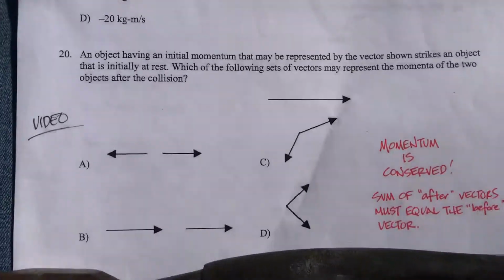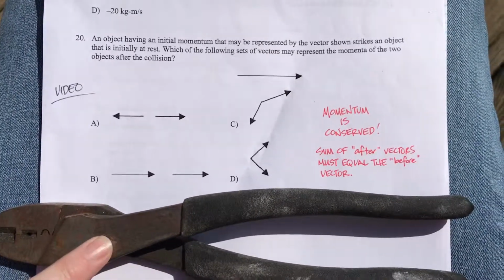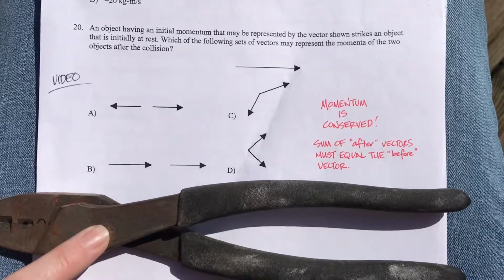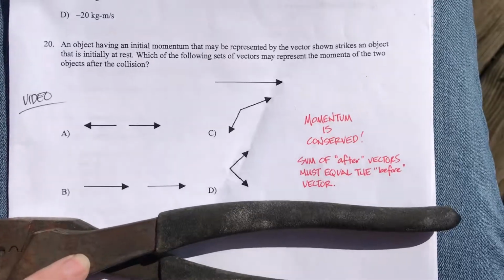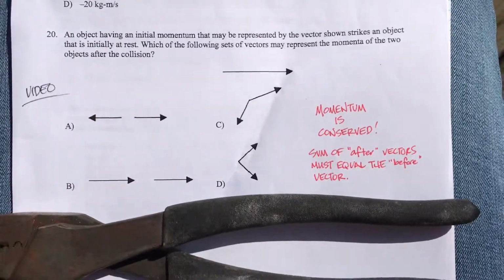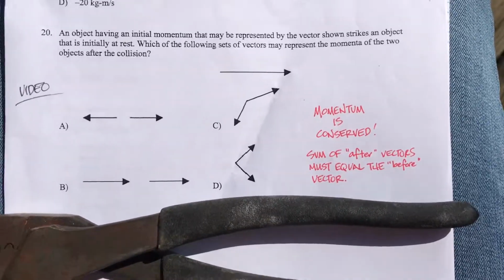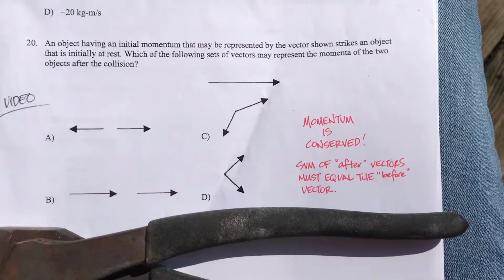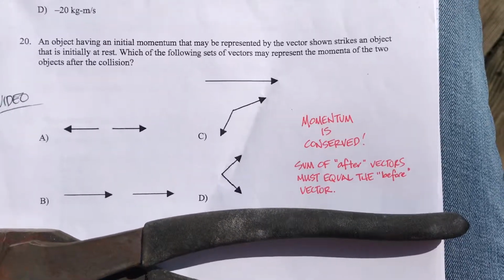So, here it is. You'll notice that I have these lovely pliers, cutters, I guess they're cutters, to hold the paper down because it's super windy today. So, an object having an initial momentum that may be represented by the vector shown strikes an object that is initially at rest. Which of the following sets of vectors may represent the momenta of the two objects after the